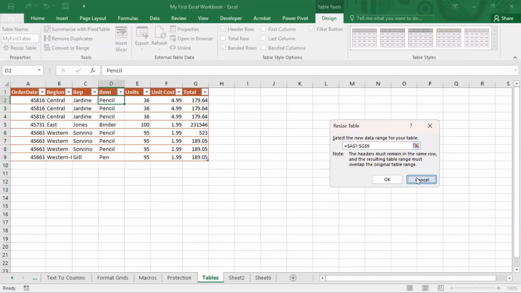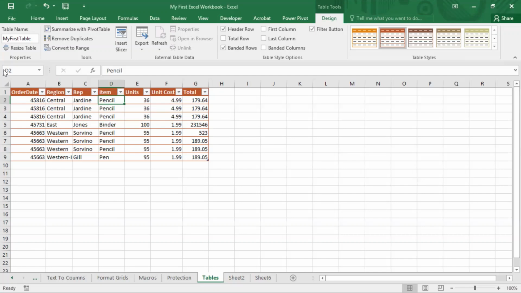If you have not seen me, I'll show you. I'll just mark this so that you can see where to resize. In the properties group within the design section, you can see the resize table option. As soon as I click on resize table,